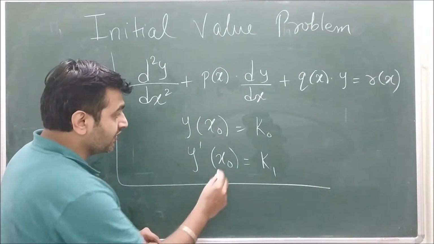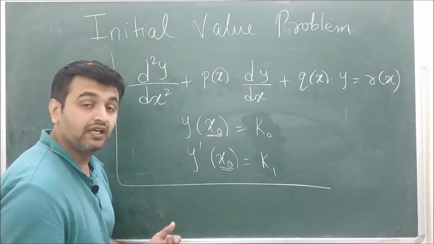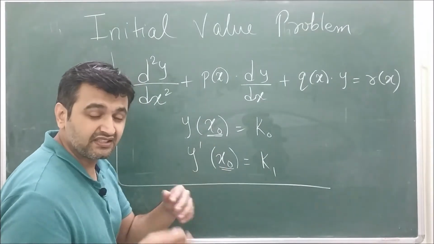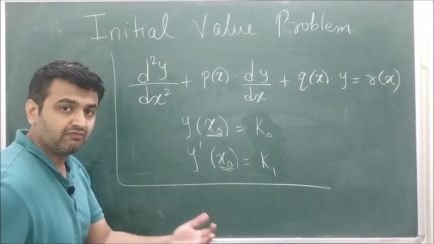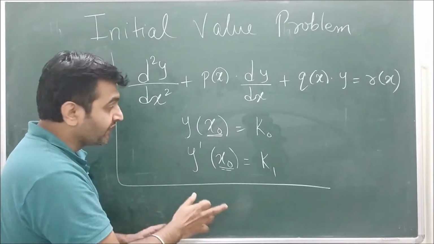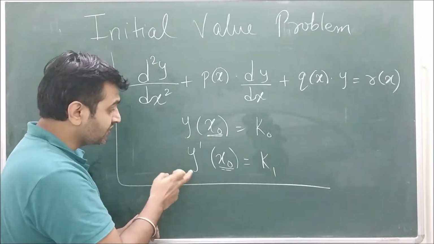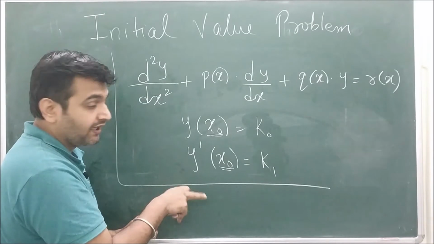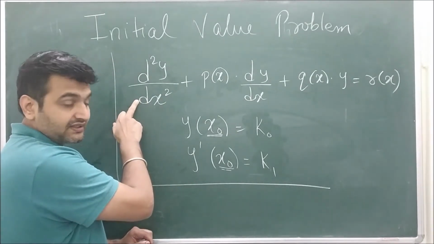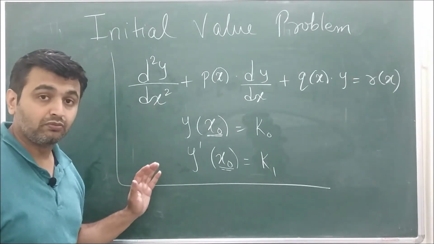So this is an IVP for a second order linear differential equation. Now observe one thing: here my initial values are fixed. That's why this is called an initial value problem. If these are changing, then such a thing is called a boundary value problem, but we won't go into that. Initial means your initial points are fixed, and that's why here I have y of x naught and then I take the derivative. Question is, will the derivative exist? Yes, because y is the solution of this. That means the double derivative also exists, and hence the single derivative has to exist.